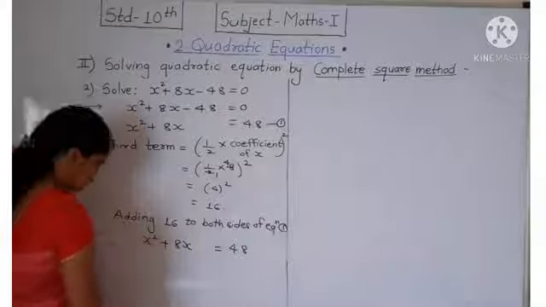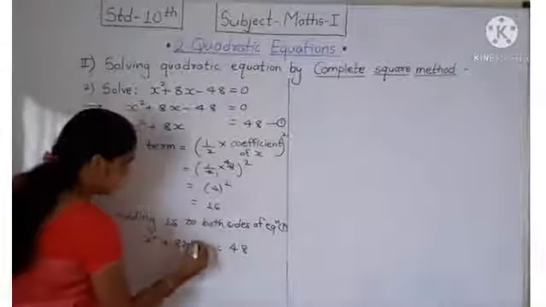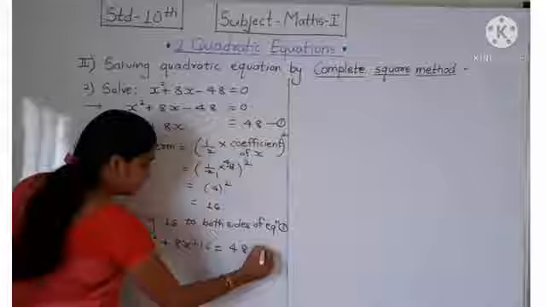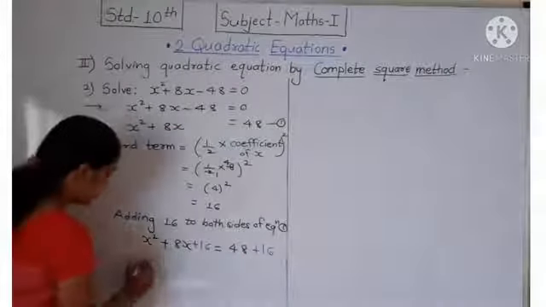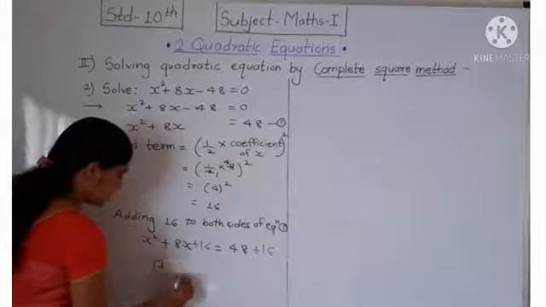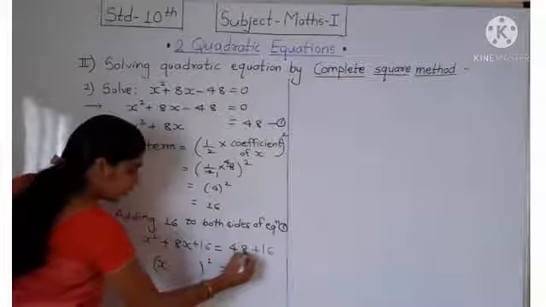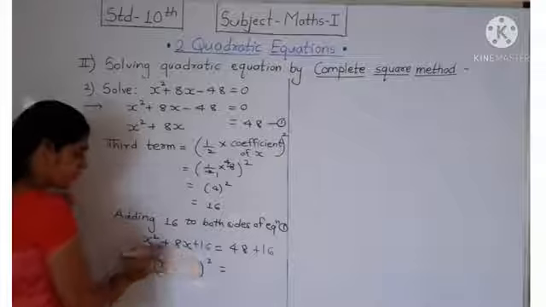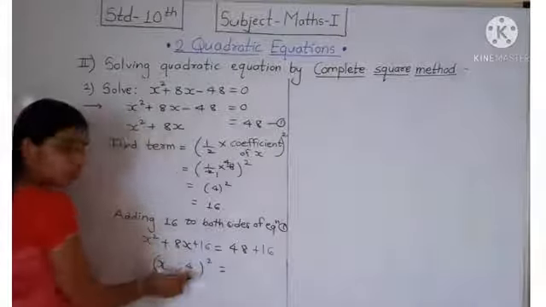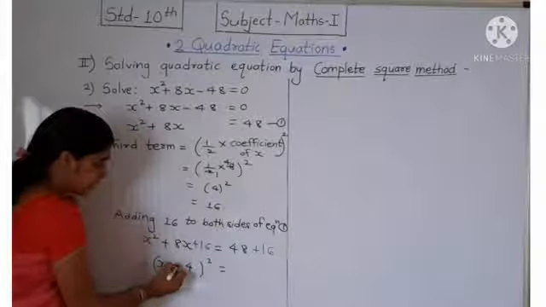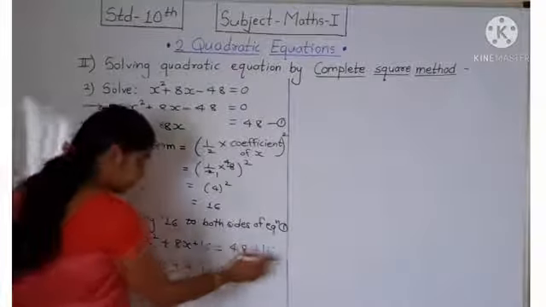So here add 16 to both sides of this equation. What you will get? See here, it is a perfect square, whose square root of x square is x and of 16 is 4, taking the sign as plus. And here